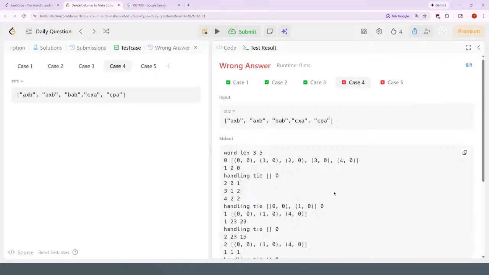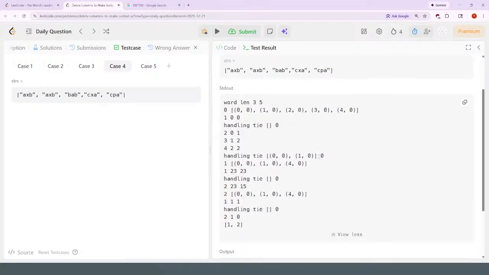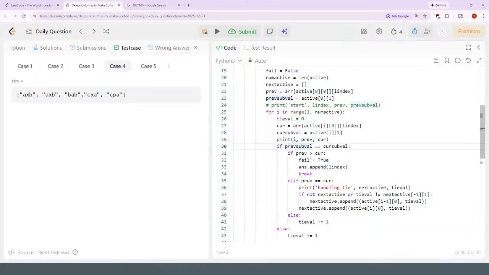Still not increasing. If is equal, which it is, they're always equal. If the previous is bigger, then it's not going to work. Current is a tie, then it's going to use it. Otherwise,